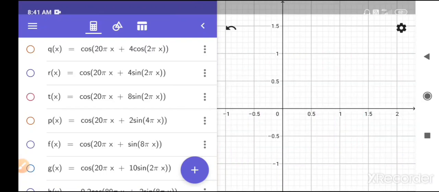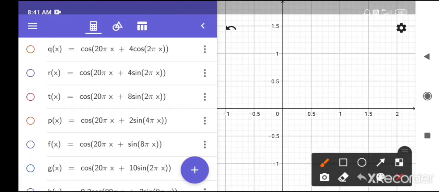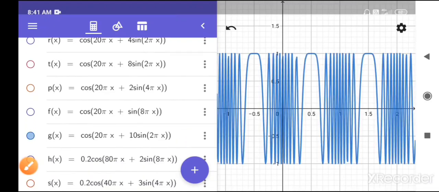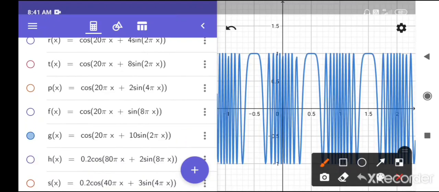If we further increase the beta value to 10, we observe the waveform. Here also the high frequency range is quite similar, but the low frequency ranges look different. So by increasing the beta value, the high frequency range is congested and the low frequency range is expanded. So this is the observation from increasing beta.